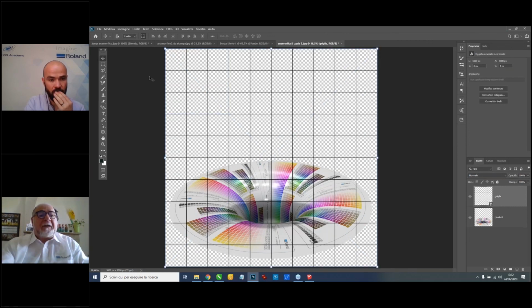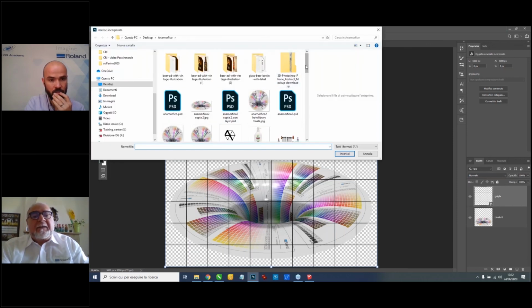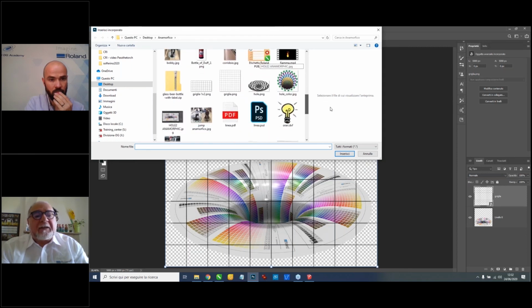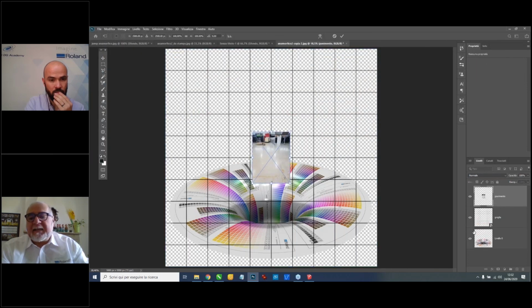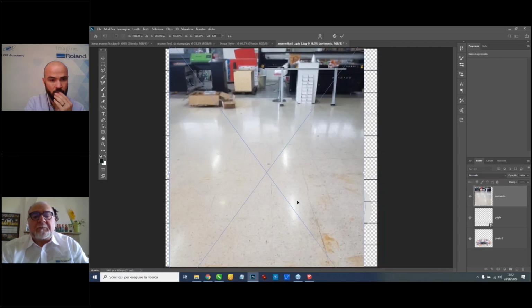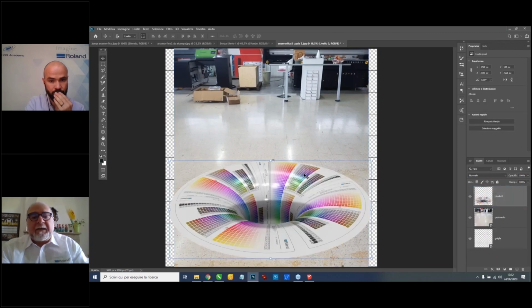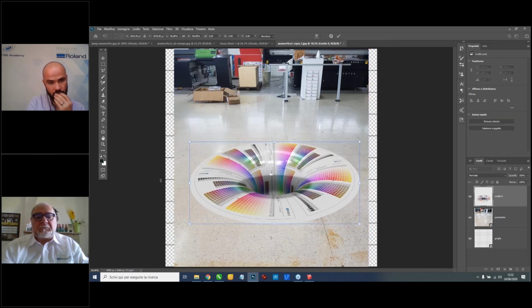Then, another thing, I have to insert here the floor where I want to apply this graphic. For example, this one as a layer, okay? That was the floor, the real floor, the photo of the floor. Okay, then decide the position of my hole, and I see